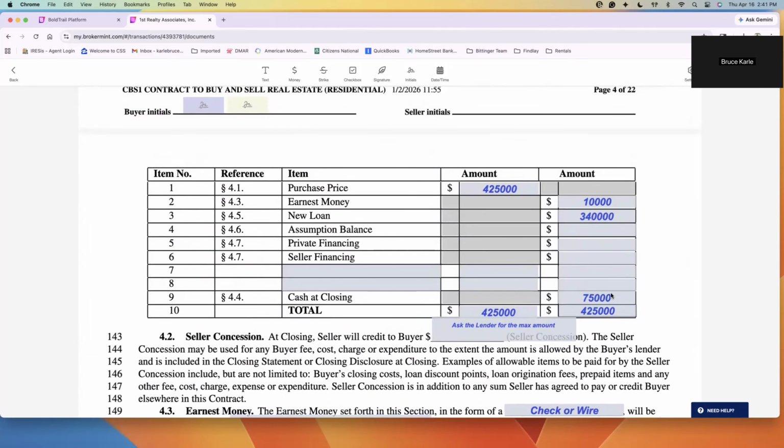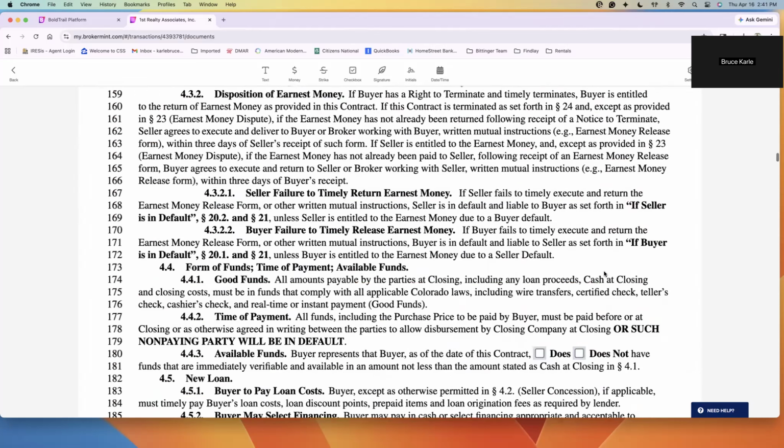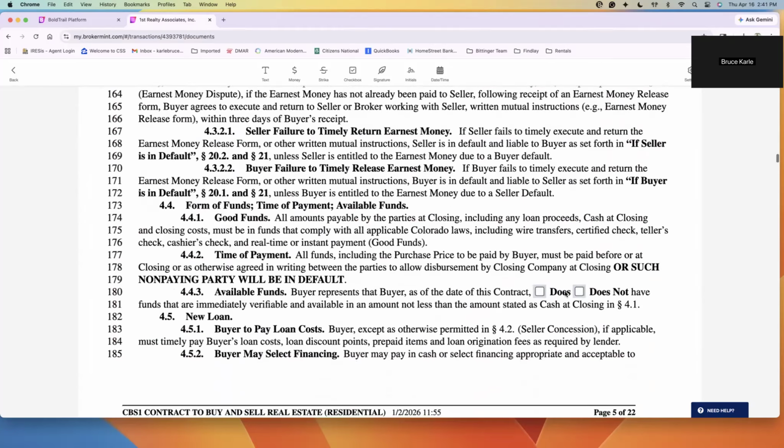So this dollar amount right here needs to be in the buyer's bank account in order to say does. If the buyer is getting their money from the sale of a conditional property, is that in their bank account? Absolutely not. It's in the equity of that property, and that's not verifiable. So when you have a buyer who's contingent upon the sale of a property or receiving money from all different places, they don't have it verifiable unless it's in their